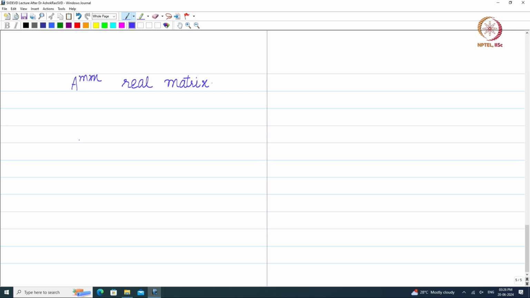Right, an m by n real matrix, which has the singular value decomposition given by the sum over i equal to 1 to r of sigma i u i v i transpose. I want to look at sigma i u i v i transpose. It's very interesting to note that we had this notion of pseudo inverse. We had the idea of pseudo inverse when we studied least squares. We said that matrix A pseudo inverse,